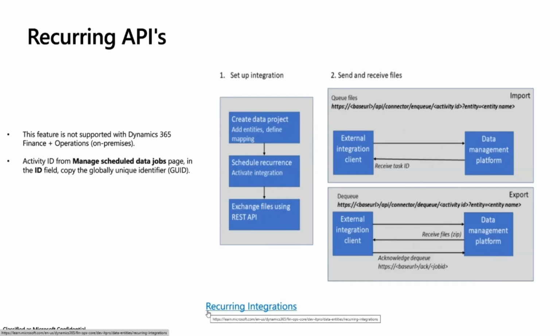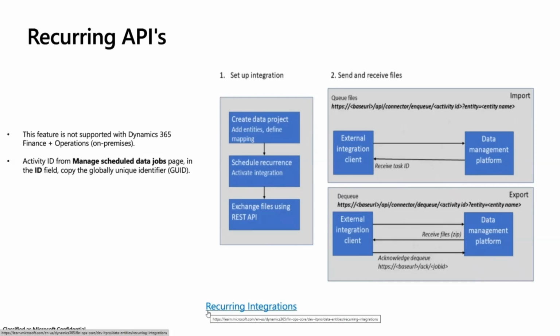So I have added the entity for vendor group with a sample file, and then you click on these three dots. You go to manage recurring data jobs. From here, you need to give it a name, make sure that for authentication, you register one of the apps in Azure portal, take the client ID, put the client ID here, and make this enabled. With this option, I'm using data package. For this import, you can also use file. So this is pretty much it. You need to enable this recurring job,